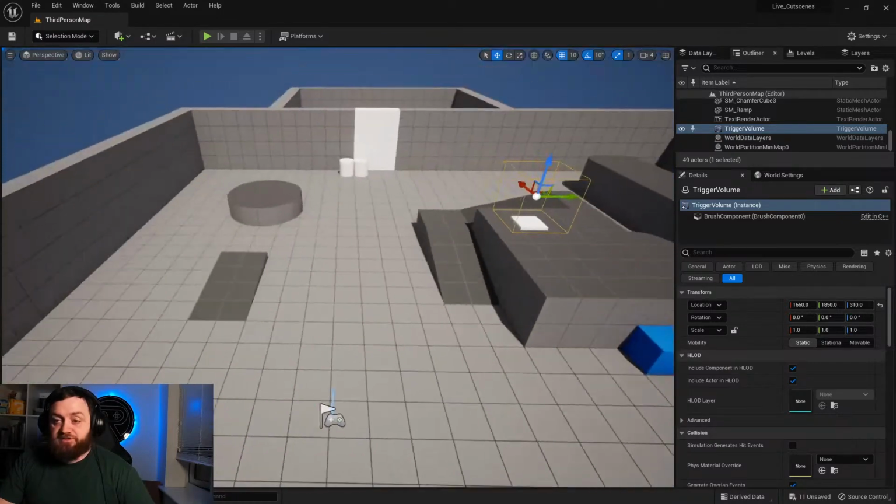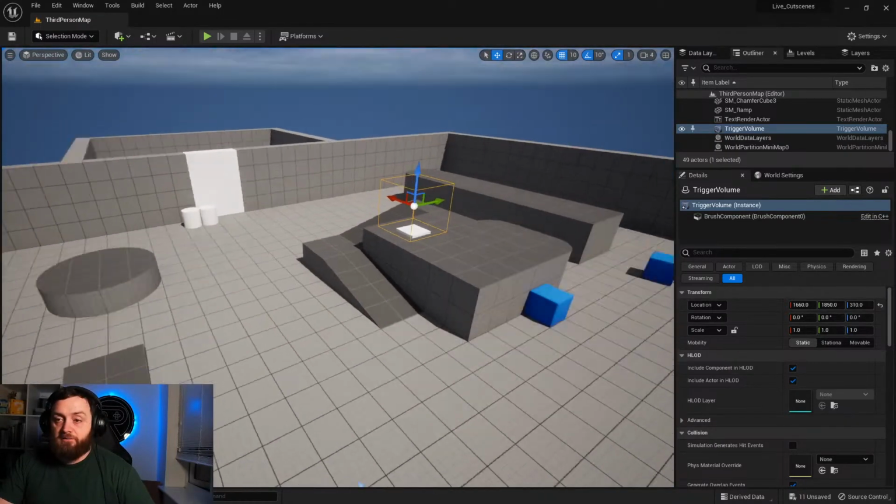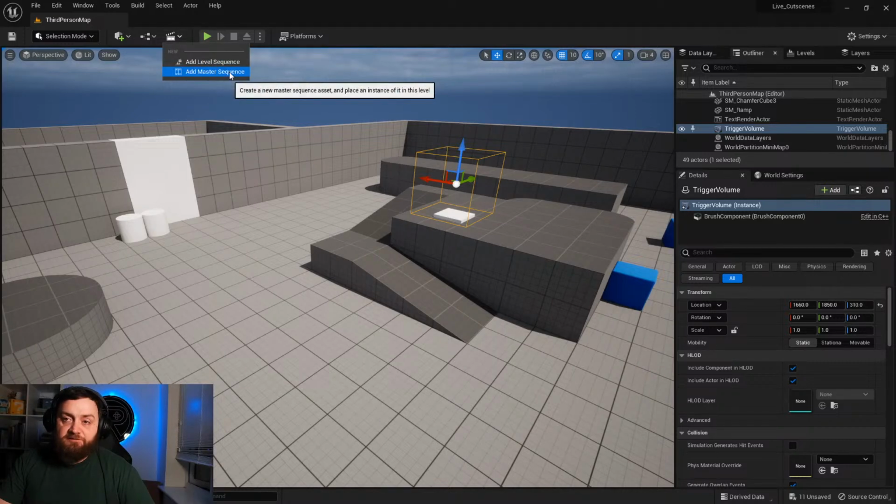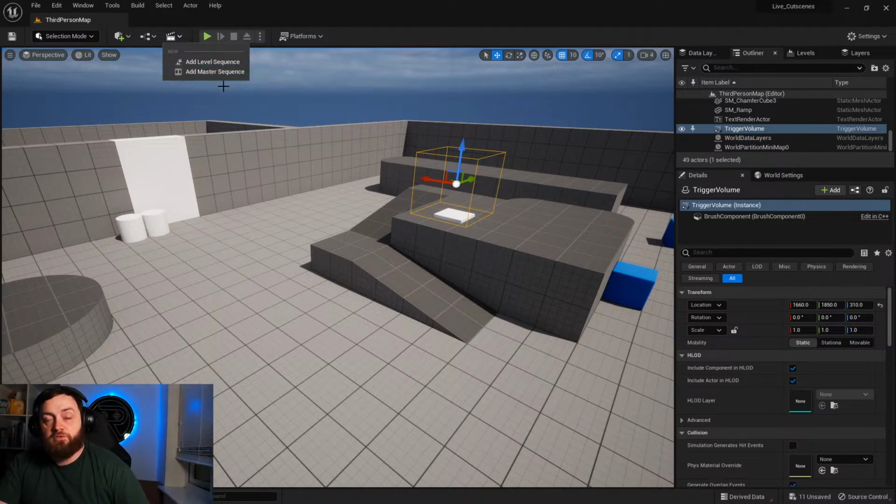So, the gist of level sequencing. Now, what we need to do here is, that's going to be our trigger, but then we have to animate that play going ahead. So you create a level sequence by going up to the clapboard up here, and you go add level sequence. The difference between a level sequence and a master sequence is that with a master sequence, you can combine multiple level sequences inside of it, so you can sort of compose a series of shots together. More useful for things like